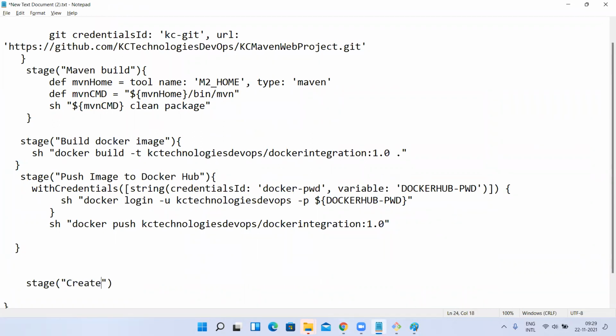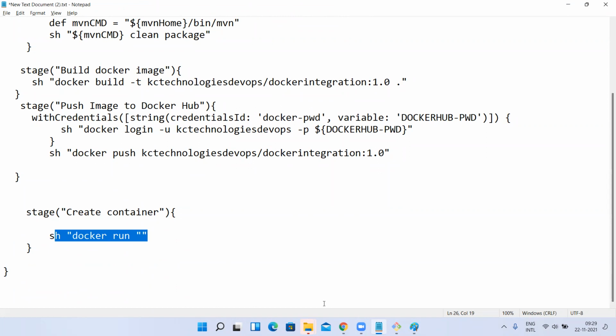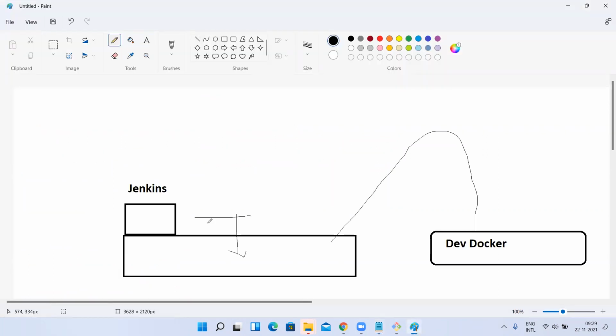create container, I'll take another 15 minutes, guys. Create container and execute docker run. If I execute the docker run command, I'm not going to write everything. If I write it like this, on which machine will it create the container? In Jenkins, if I give the docker run command like this, where is it going to create the container? On the Jenkins machine itself, the same machine wherever my Jenkins is. I don't want to do that. First, I want to create a container here. So first from here, you need to connect there.